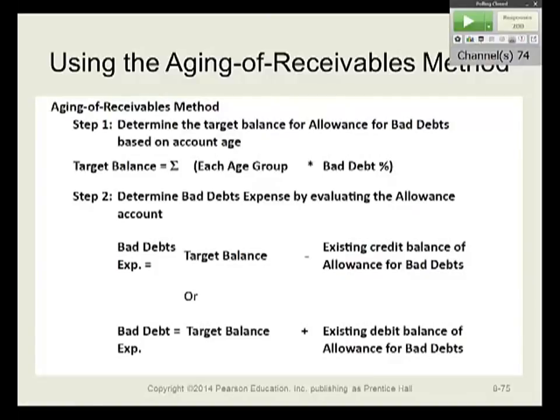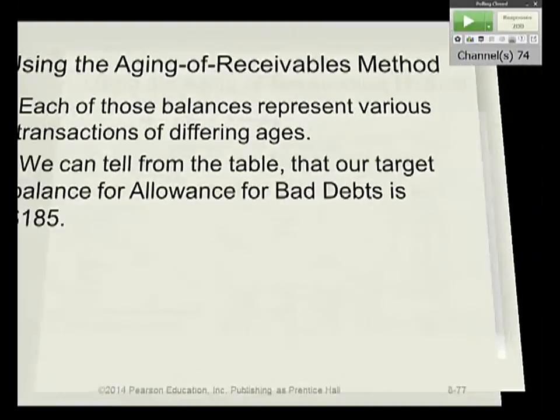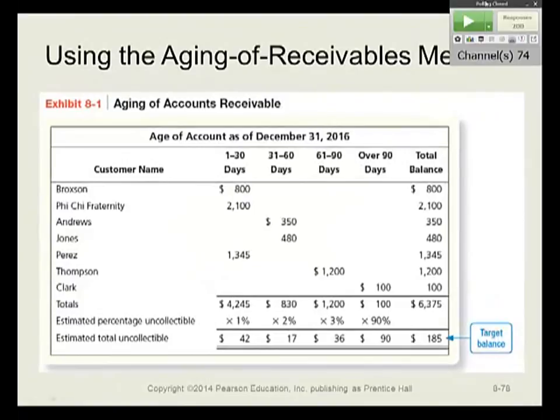Rather than taking a flat percentage against the entire accounts receivable,